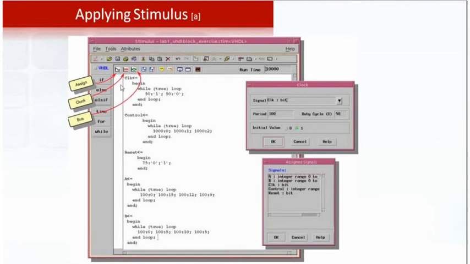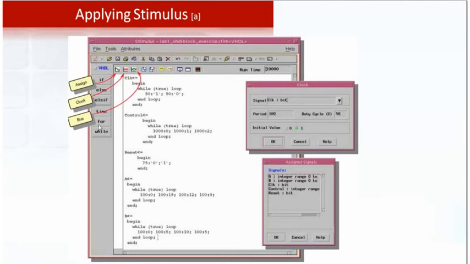Suppose I have a clock, once I click on this clock, this block will automatically come, and the only thing is we need to enter the parameters, like how long my signal has to be on and off. This is nothing but a 50% duty cycle with logic 1 and logic 0. This sort of information we need to enter.